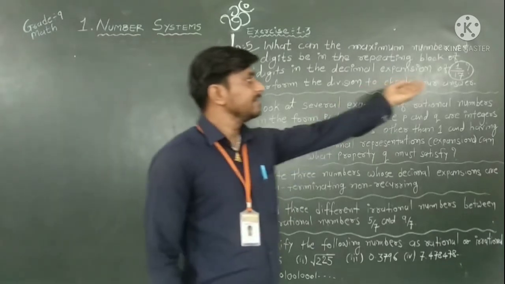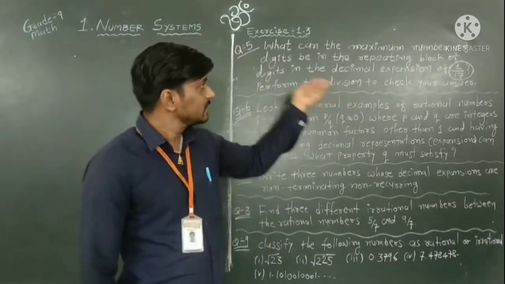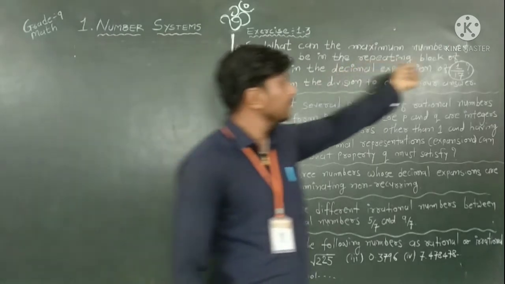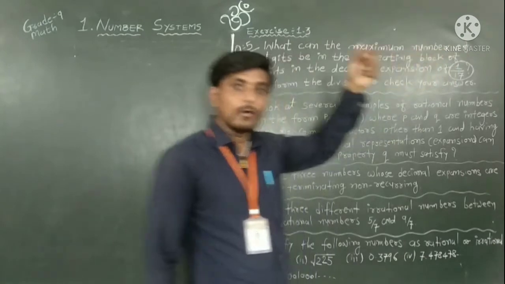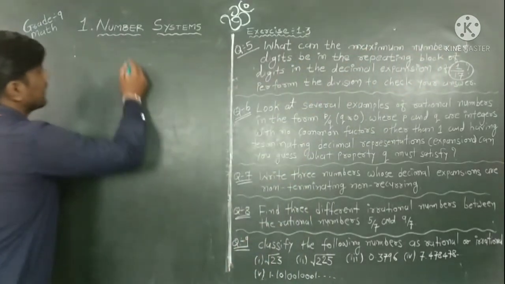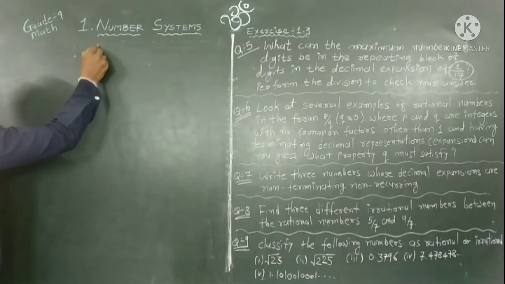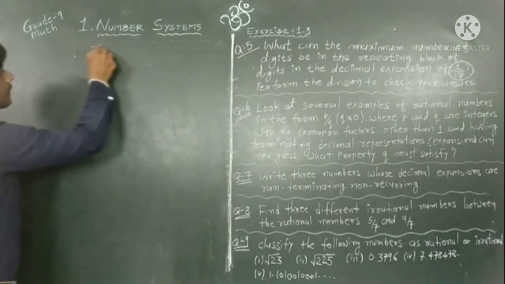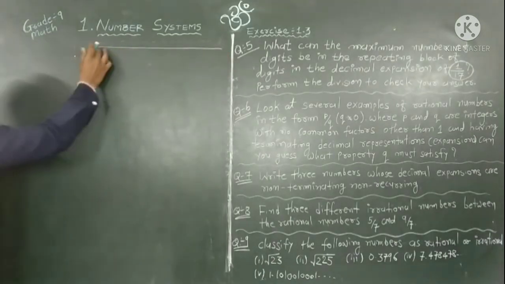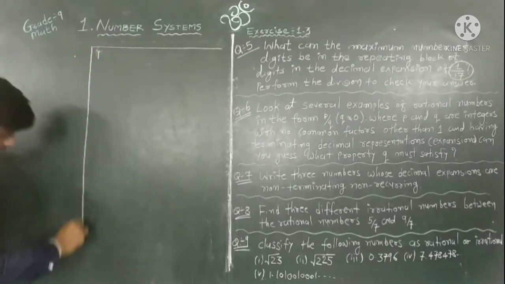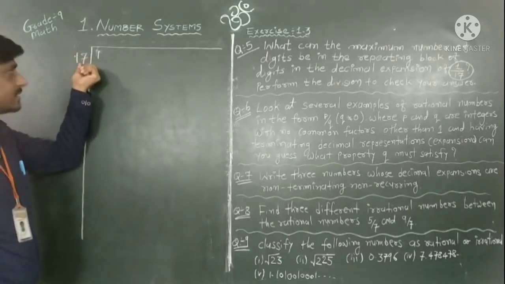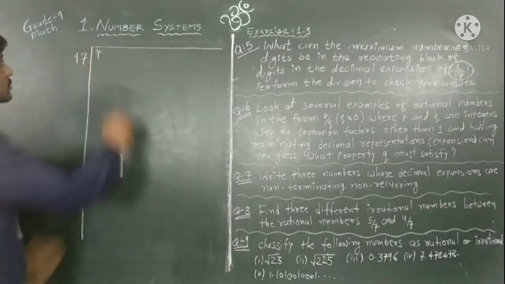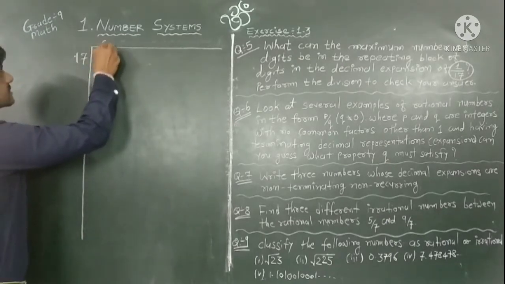After division we focus on the quotient and how many digits are repeating in a block, by observing the quotient. So first of all I divide 1 upon 17. Suppose I write 1 upon 17 like this. Now check the table of 17. This is smaller with respect to this one, so we add 0 and here 0 point.